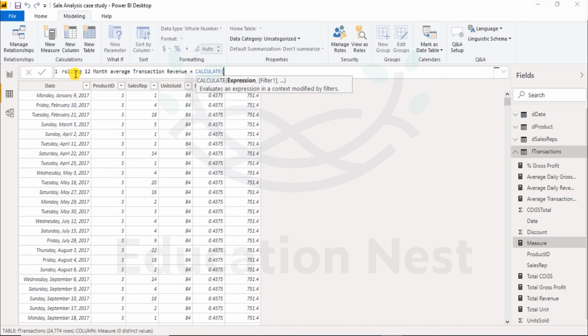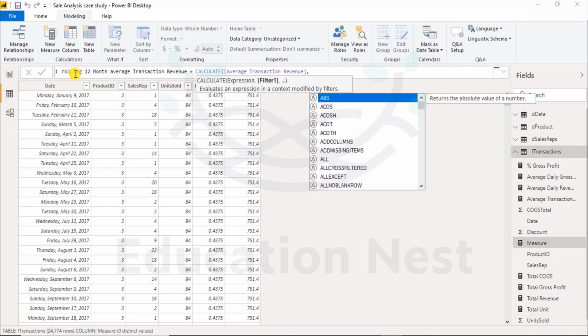We have already calculated the average transaction revenue, so we will take it first. To get the expression, we will take square bracket and we will take average transaction revenue, comma. Now we want the 12-month back, the same date